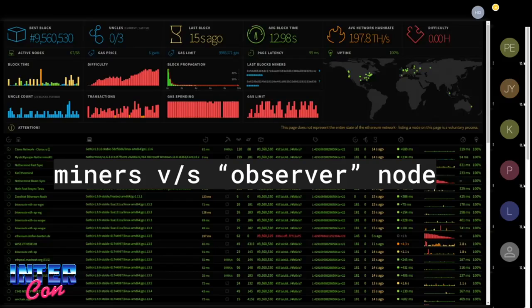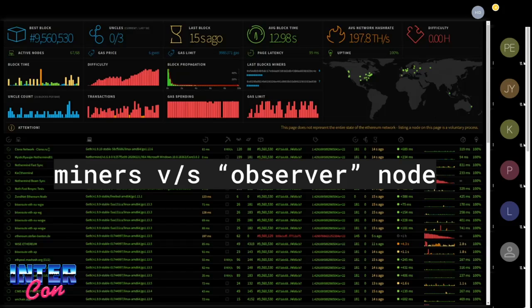So we don't have precise data on this. It's very hard to get data on this because the tools aggregating this data rely upon volunteering data from the node software and clients themselves. So basically you have to run this tool on top of your node in order to send information to these aggregator tools. We also don't know precisely how many miner nodes versus non-miner nodes there are in the network, but